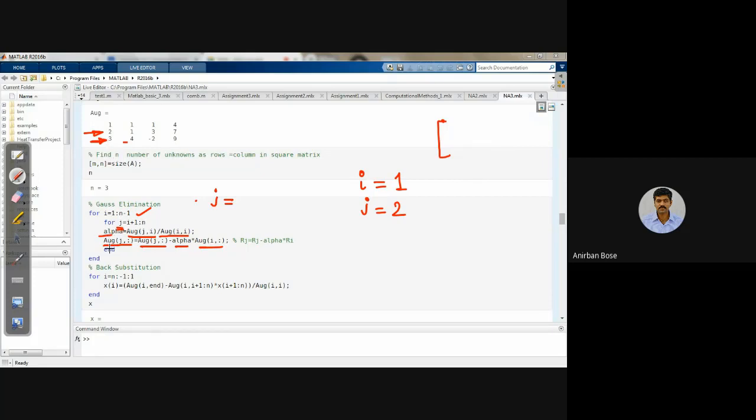Then it will come out of this loop and now increment i again. Now i will become 2. And for i is equal to 2, again j will start from i plus 1, from 3 to 3. That means only one calculation for the third row, and it is going to do it in exactly a similar way. So this is the general way of writing the whole Gauss elimination algorithm in only 3 lines. I hope you have understood. So this is the whole Gauss elimination method.